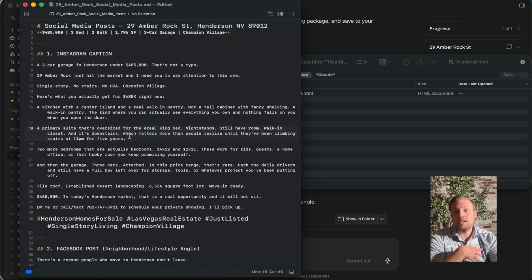So my next house is going to be a single story. Purely for that reason, no other reason at all. So that is something that I would fix right there, which I just did. And then 2 more bedrooms that are actually bedrooms, because a lot of bedrooms here in Vegas right now are